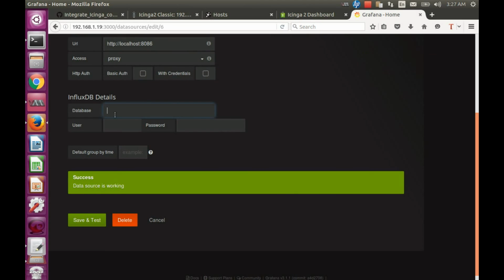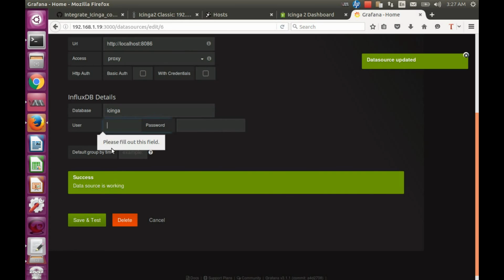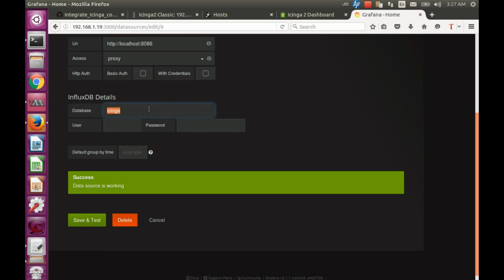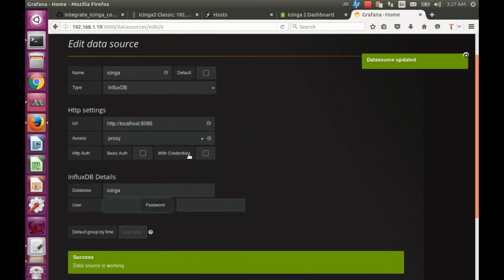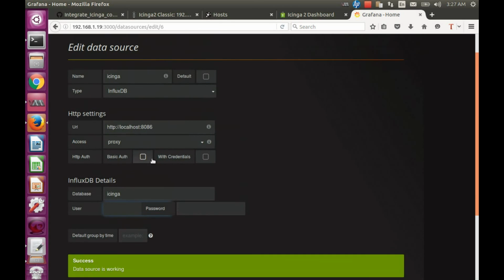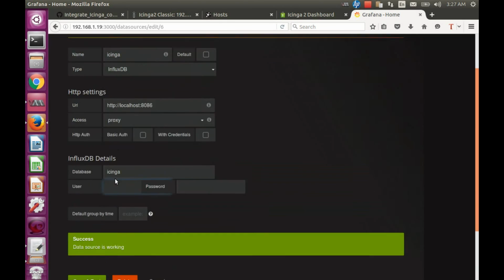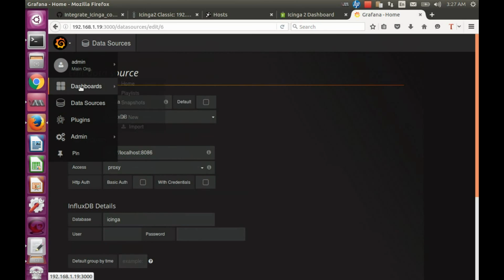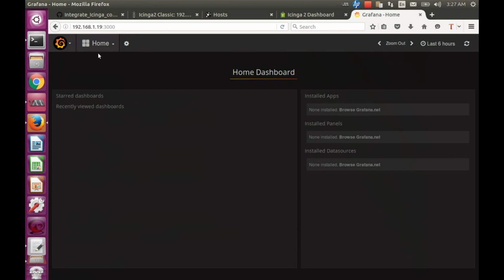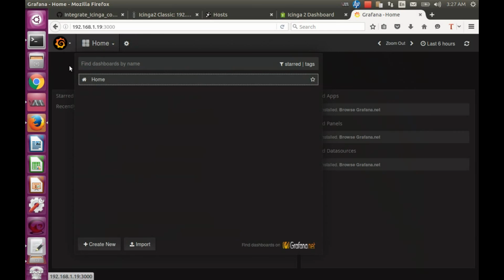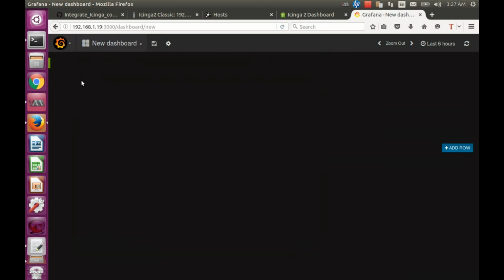No, I need to add the database here also, Icinga. Save and test. Okay. Now it's running. Okay, I want to go to dashboard and go to home. Add graph, for example, ping or something. Get new add graph,